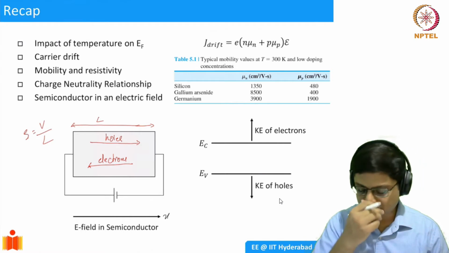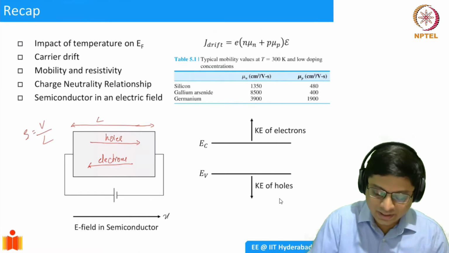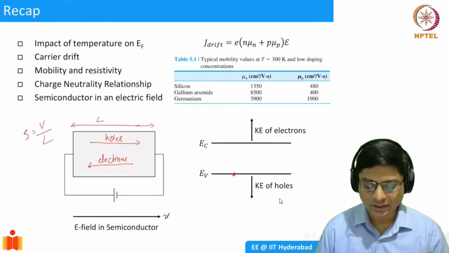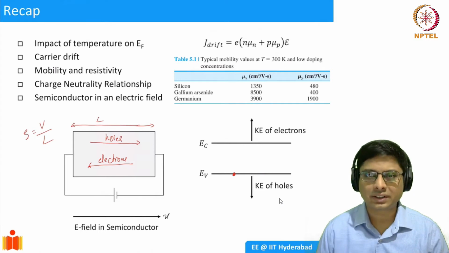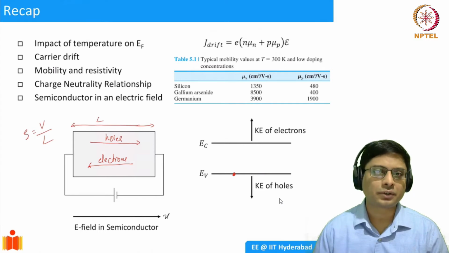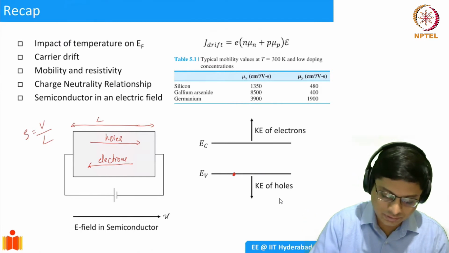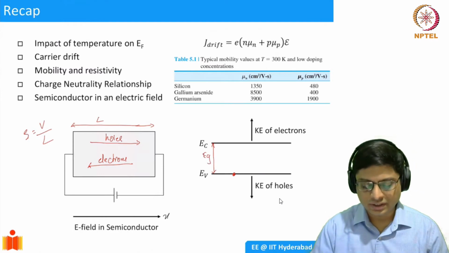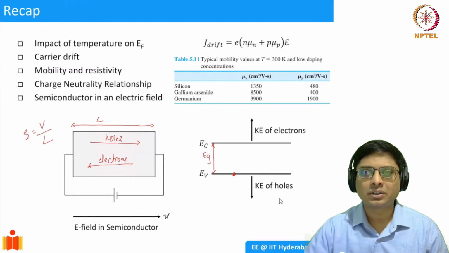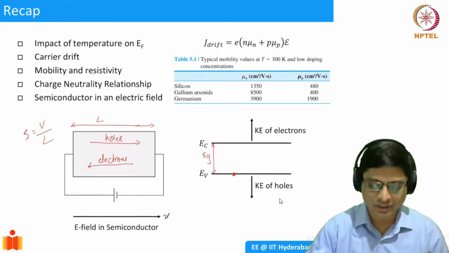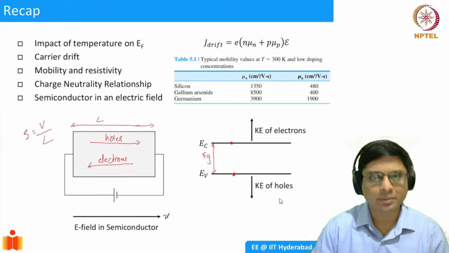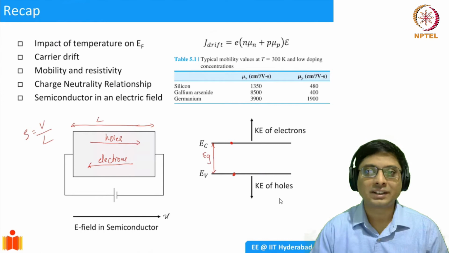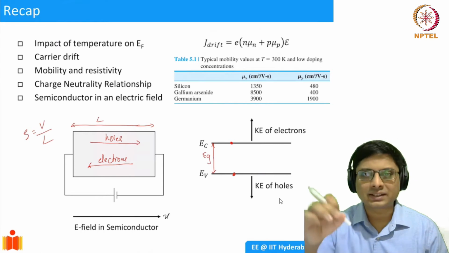Let's say you have a band like this, EC and EV shown here, and have an electron at the edge of the valence band. It's basically bonded to the silicon atoms. Okay, so you have an electron there. There are lots of electrons in the valence band. Now, if you shine a photon of energy Eg, like if this is my band gap Eg, if I shine a photon of Eg energy, then the bonds will be broken. The electron will move into the conduction band, exactly into the conduction band. But it doesn't have any more energy. All the energy has been consumed for breaking the bonds. So it doesn't have any more energy, so it will be at the EC.